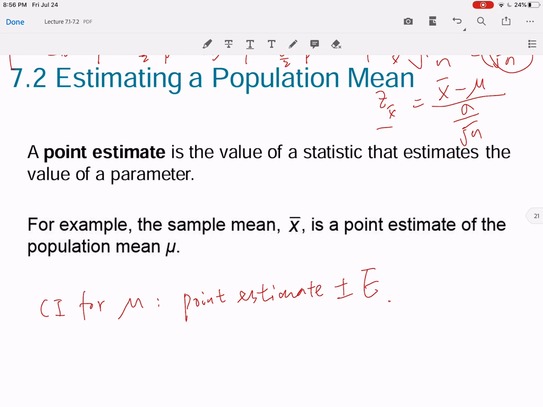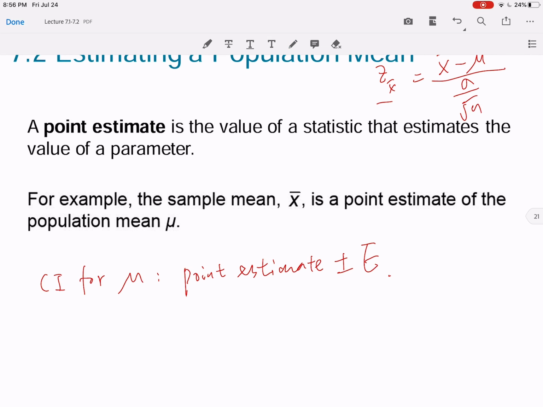Okay, this is a very original form. So of course, if we want to construct a confidence interval, first of all, we want to find the point estimate. Based on what we learned in 6.1, we know that a point estimate is the value of the statistic. It's the value of the point estimator, and we know the point estimator of the population mean is the sample mean. So the point estimate in this case is going to be the value of the sample mean,